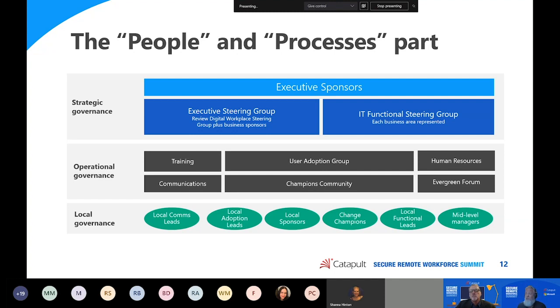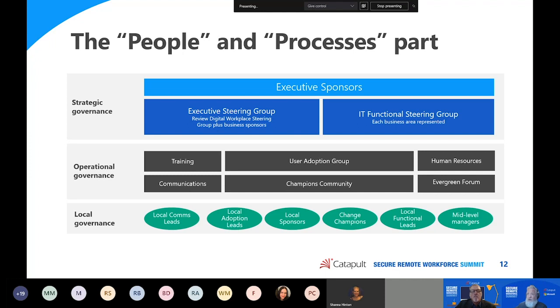And so having the people in place to make these decisions and to help bring this change to a good business use is important. And that's what this group is, whether strategically, operationally, with training and user adoption, HR, communications, champions community.